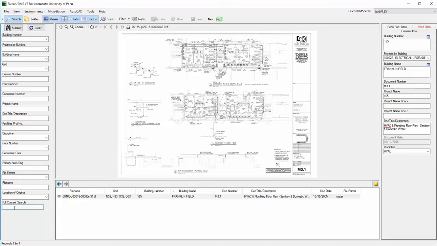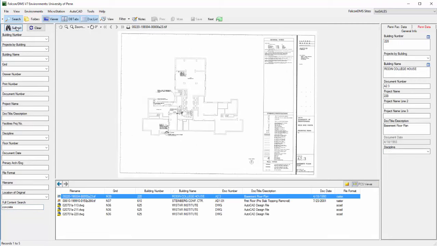Falcon FCS, or Full Content Search. Rather than search for metadata that was entered into the database describing a document, it searches for information contained within the document itself. For example, if I type in the word concrete and hit the Submit button, Falcon DMS has now returned a list of 5 documents that do not have concrete listed as any of the descriptive metadata, but it has found the word concrete within that